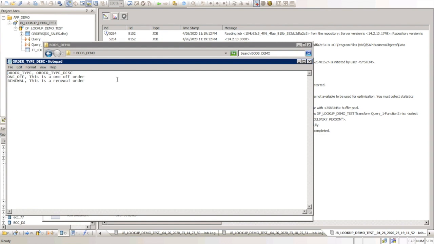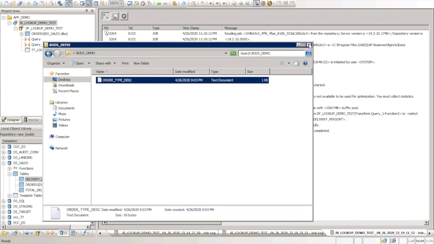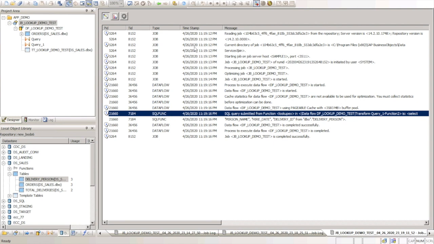So just to show you, I have this orders file in my local drive setup where two fields are there, order type and order type description, and I need to use that as a lookup data set in my job. So what I need to do is perform a lookup. To do that, first, if it is a file, I need to define a file format.